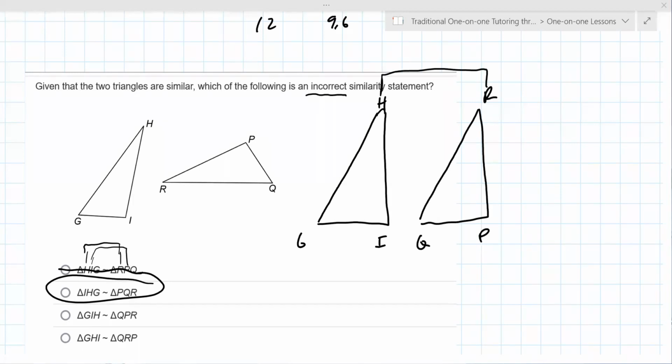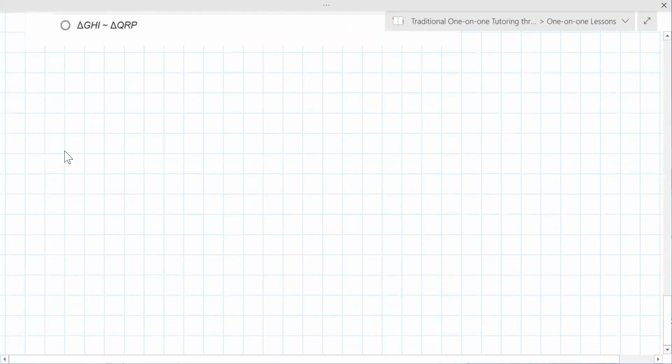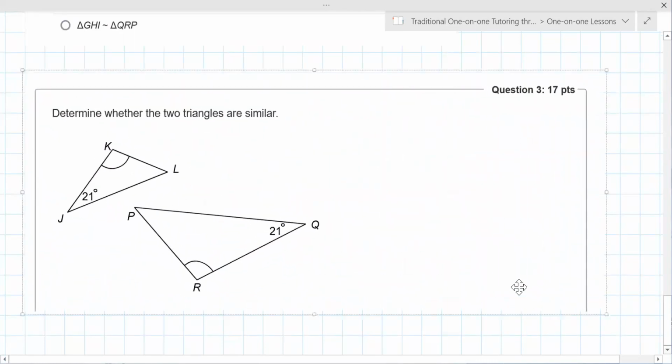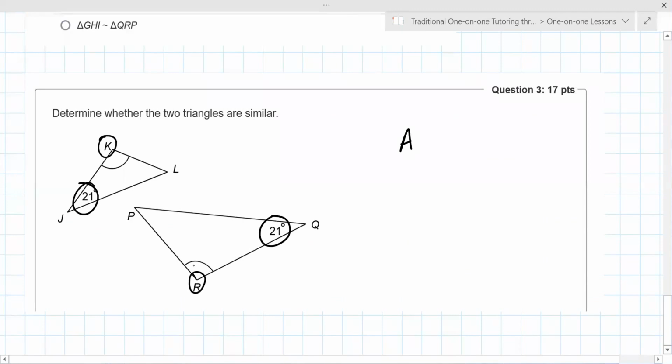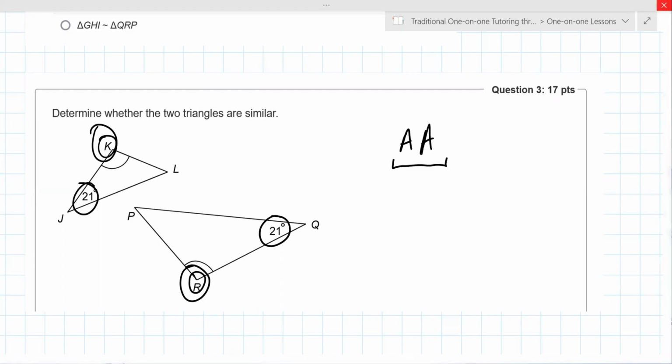So we've got one more question here. It's actually a lot like the one that we just did with the 90-degree triangles, but it's not a 90-degree triangle. So let me get this in here to give you some context. Okay, so here, 21 is the same as 21. So that means you've got an angle that's the same. We don't know K, we don't know R, but we know that they're the same. So that gives you another angle. So AA is enough for similarity